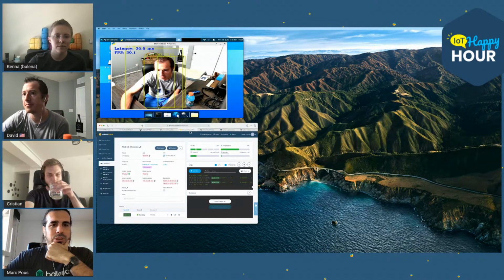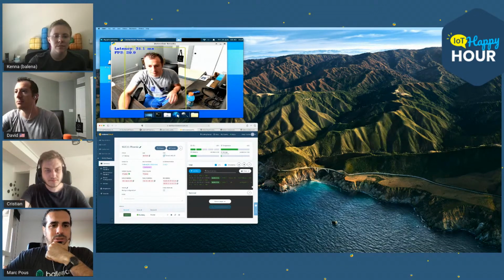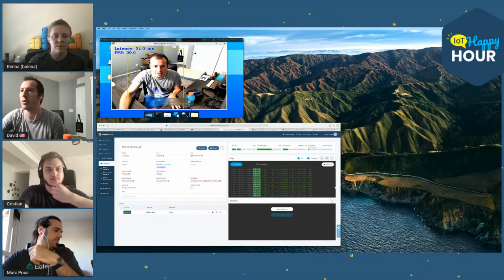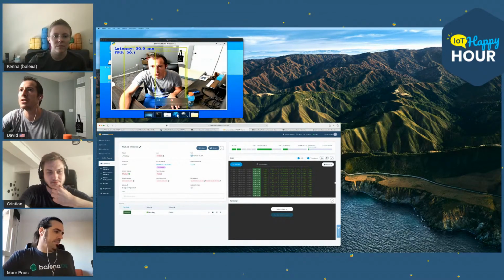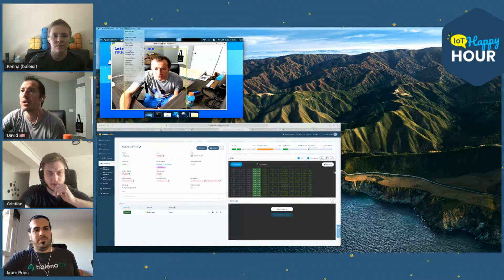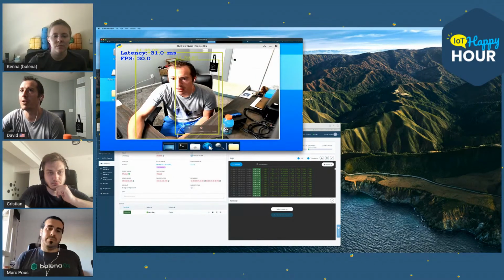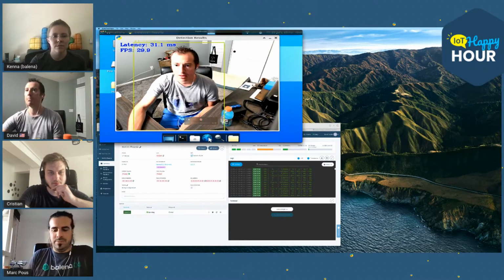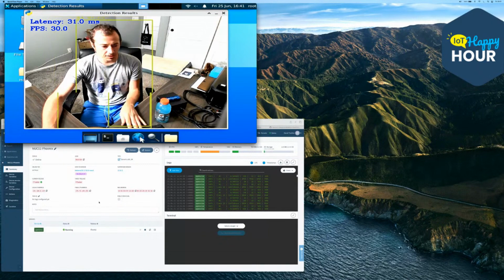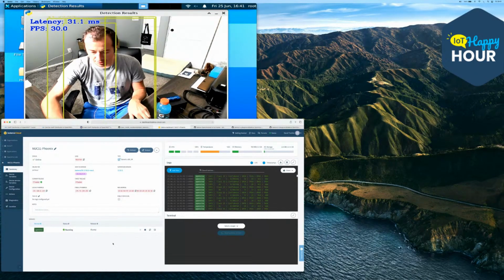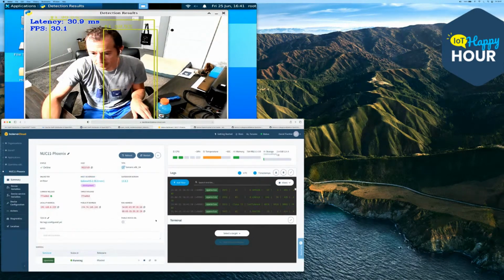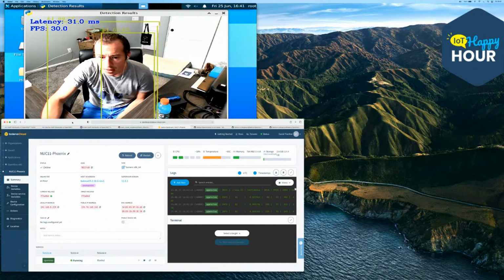Can you make the browser bigger? It's actually the other one that I want a little bit larger. Let's see if we can make this bigger. Yeah, we'll lose some resolution, but that's okay. Now let me make this a little bigger as well. Yeah, there it goes. All right.